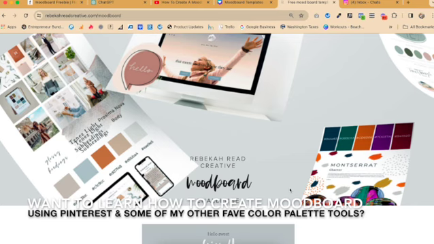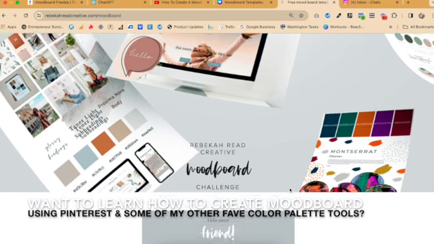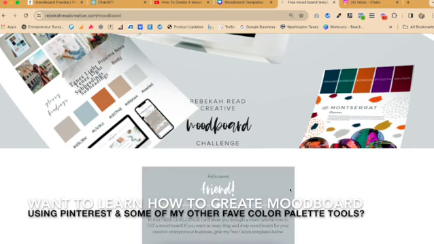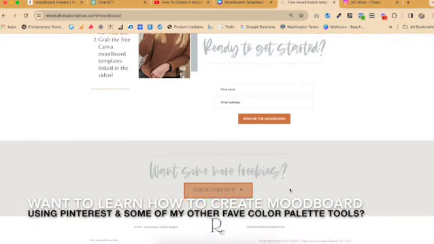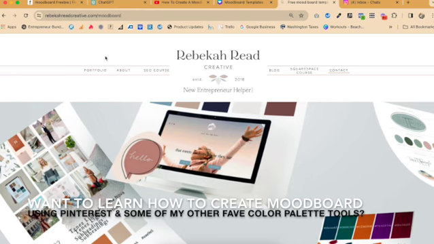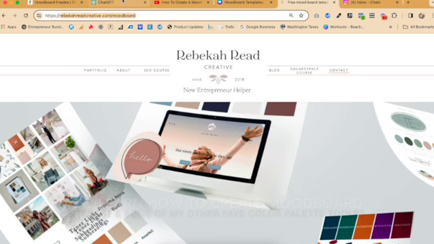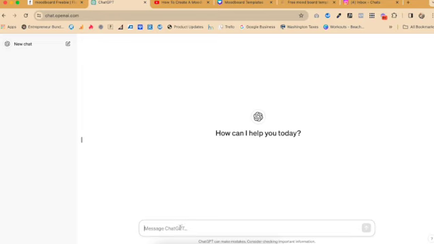business well. How to create a Pinterest board and use different tools to figure out your color palette. And this is not using AI, but it's a really good addition to what I'm going to teach you. So you can get that at RebeccaReedCreative.com/moodboard. So let's go to ChatGPT, and I just created a prompt that was as descriptive as I could make